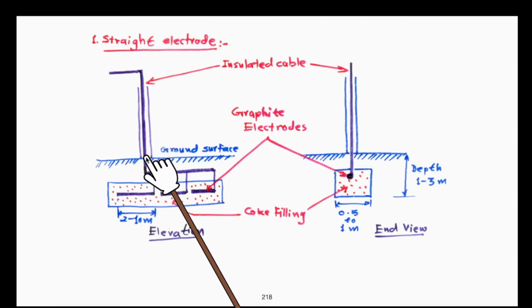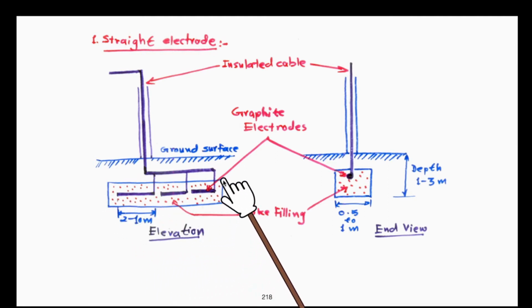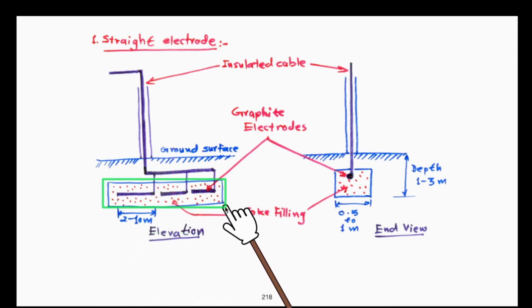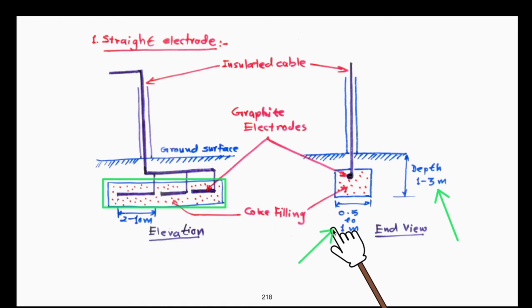Okay, so if the current enters from here and reaches the electrode for current to be carried, then this is a sort of an anode terminal, right? Apart from the electrode, you can observe that there is some enclosure visible here, right? This one. This is a pit. This pit has got certain dimensions which can be made out from the right hand side diagram. Fine. So generally the pit has a depth lying in the range of 1 to 3 meters from the ground surface, and similarly it has got a width of 0.5 to 1 meters.